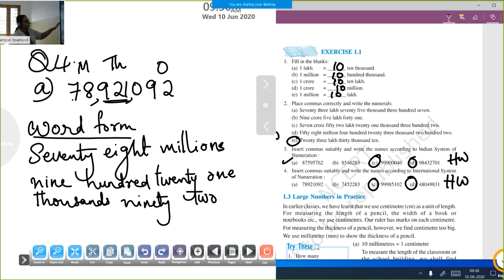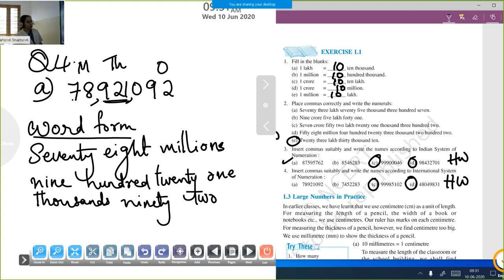Next, copy down properly, children. Yesterday, some children did not copy down the notes properly. They sent only the homework. They did not copy down the classwork properly yesterday. So the teacher wants to see the classwork, whatever we are doing in the class, also in the notes, okay children? Classwork we do in the class, and the homework you do at home. So copy down all the work in the class also in the proper way, then make the homework and show that.